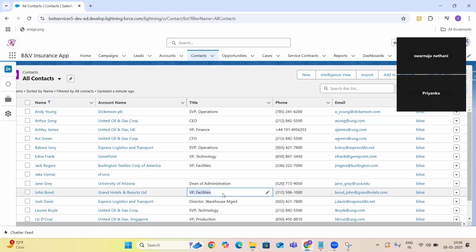If I am the finance user, I would like to see the contacts having the title of SVP operations. This means depending on the profile users, I would like to control the number of records that they can see. So, is that possible in profiles or permission sets? Absolutely, it's not possible in profiles and permission sets.